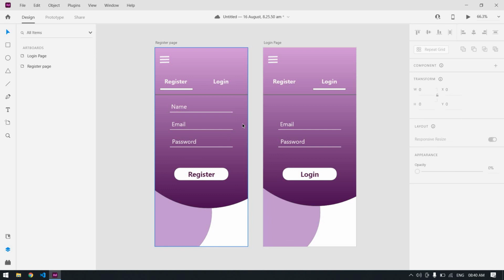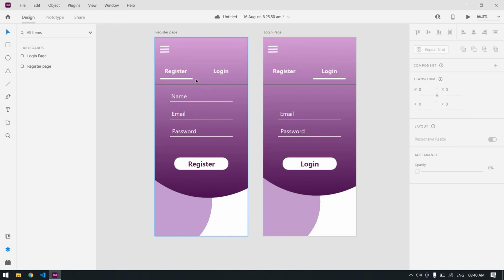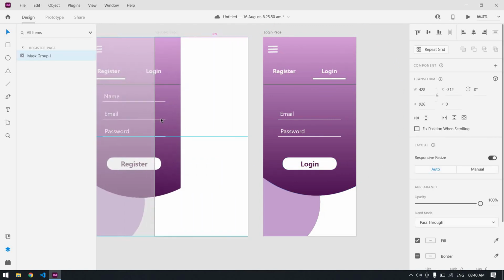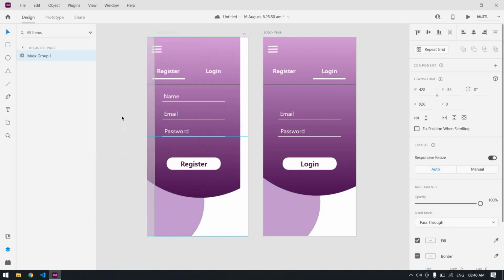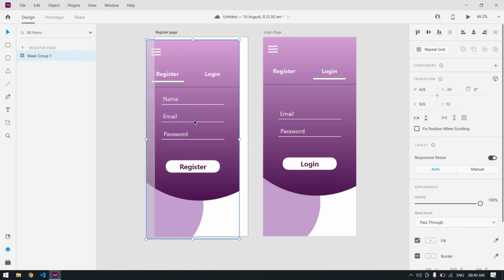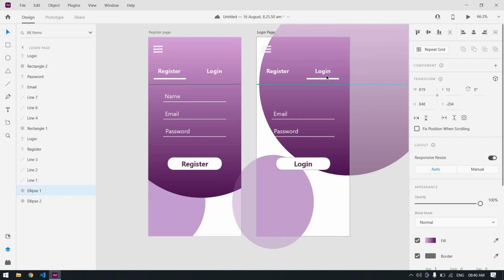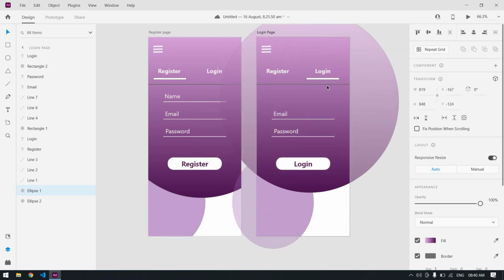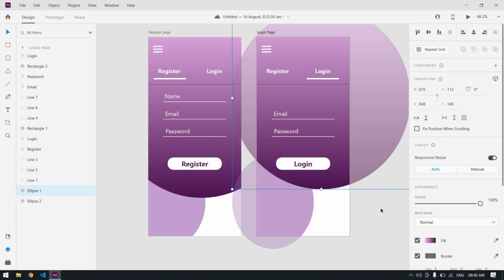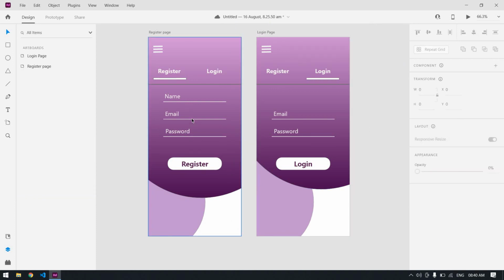Okay, this is fine. This is masked shape, this is not masked. Okay, unmasked. If I drag and drop anything, it will select all the items and drag like that. If I click in and drag and drop, the components are not merged. This is the difference between masked shape and unmasked shape.